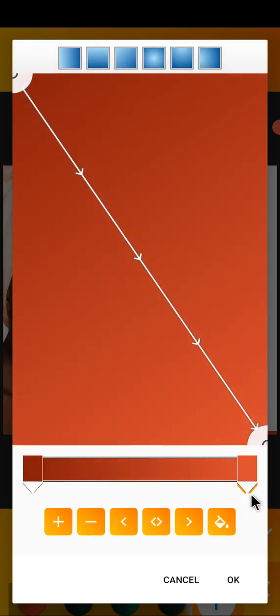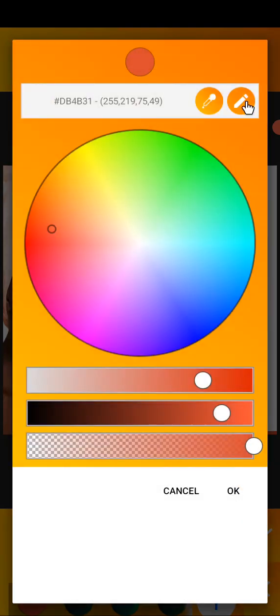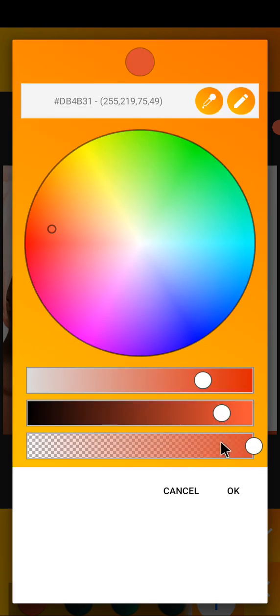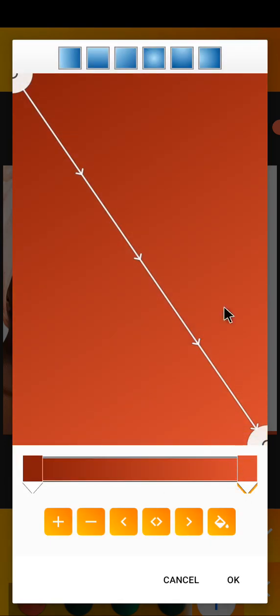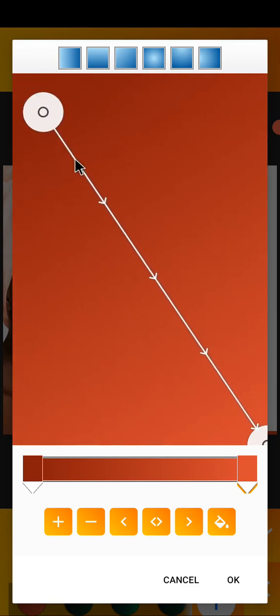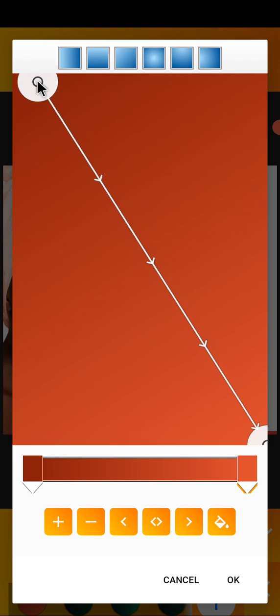Now on this other color stopper, I click on color, I click on this. We have DB4B31. You just click on here, okay, and okay, and okay. Now this is the layout of the gradient. This gradient is actually a linear gradient,